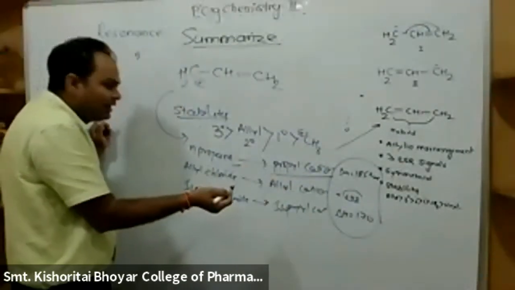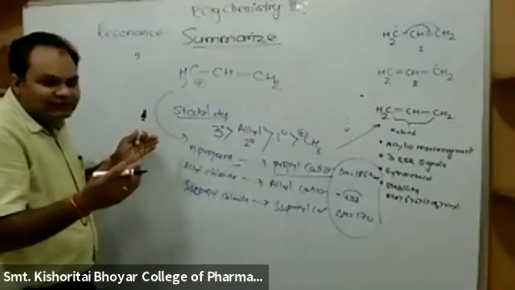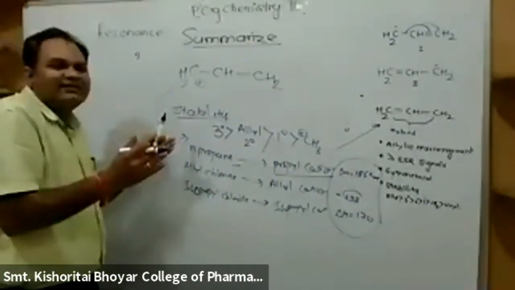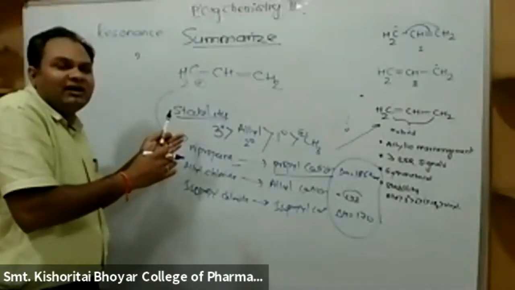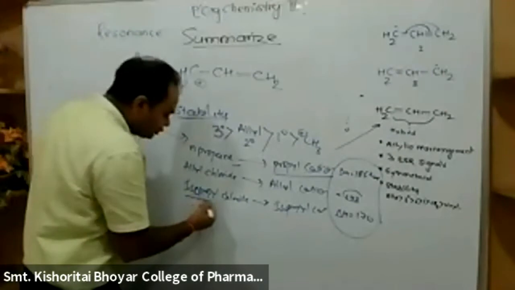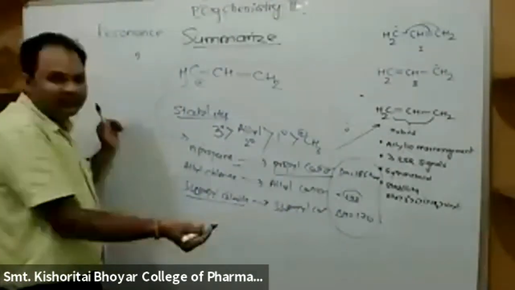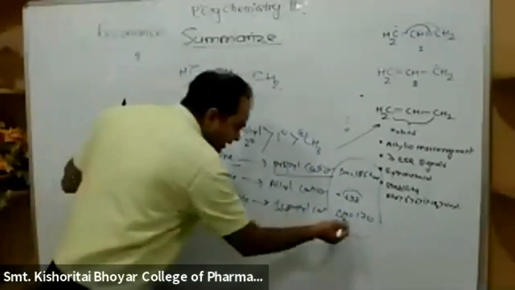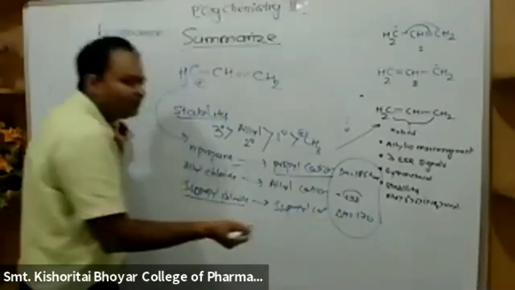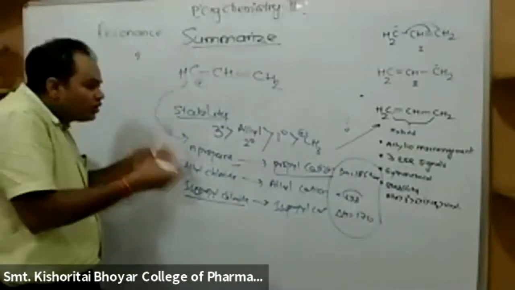That clearly indicates the allyl cation is a stable one. Now again, there is a question whether the allyl cation has stability more than a tertiary one or more than a secondary one. Then we compare the dissociation of isopropyl chloride to generate the isopropyl cation. This is the secondary one. We find that its delta H value is around 170. So 173 and 170 are nearly equal values.